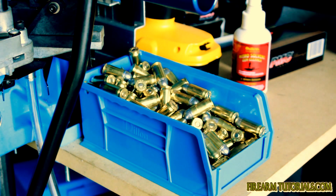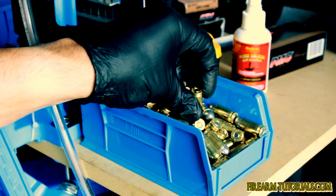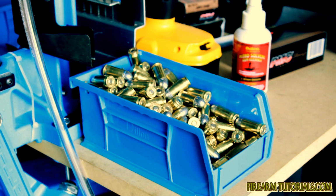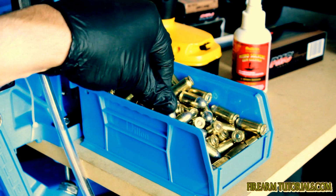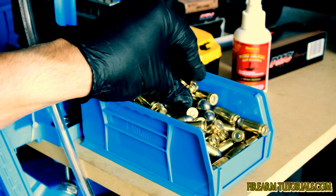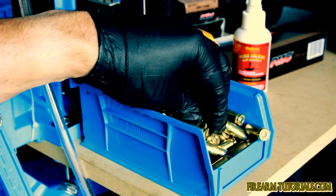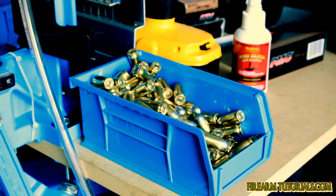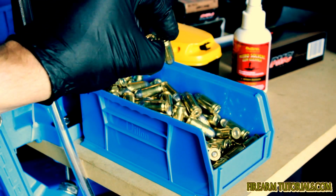Let me get this thing out of the way. So we'll see how I did here. I don't see any off the bat that look bad, but usually I'll get 1 or 2 out of every 100 or 200, so about 1% of them, I'd say on average, are defects, unless I have something funky going on